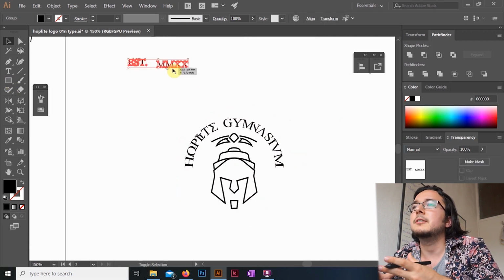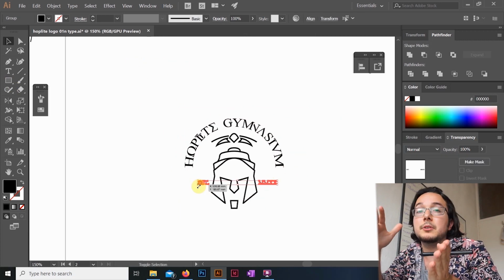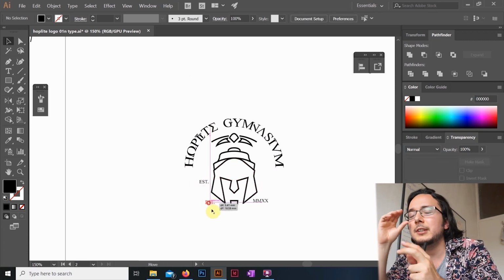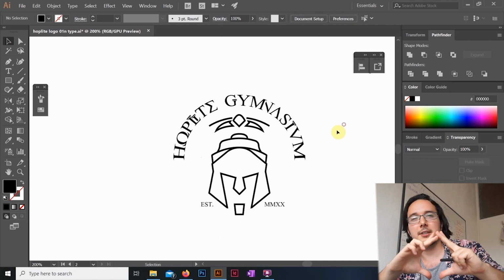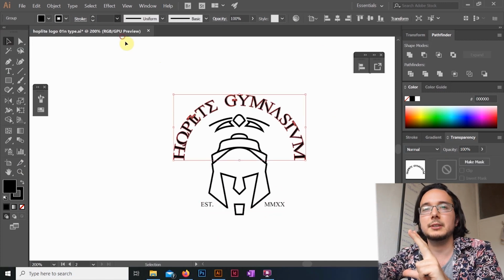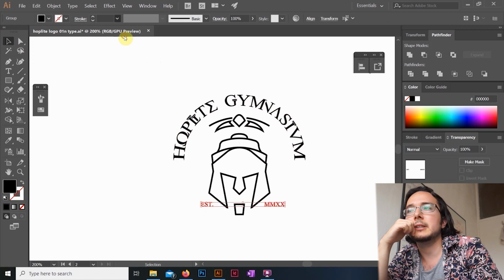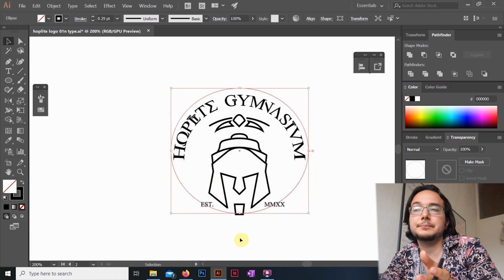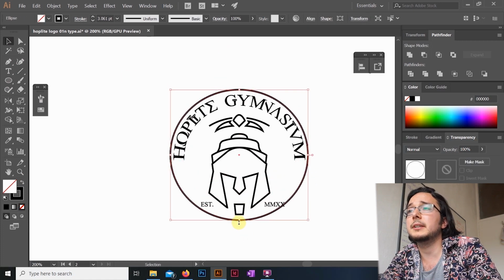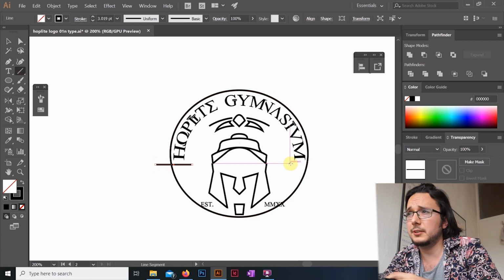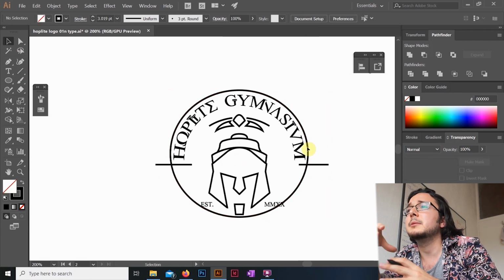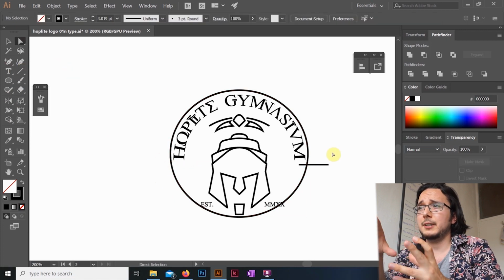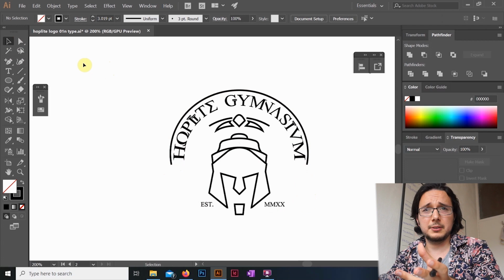A good way to test this: if your composition, and by composition I mean the shape work and the type work together, fits into a perfect shape like a circle or a triangle or a perfect square, then it probably will work. For example, I want to loosely fit my icon into a perfect circle. An even better trick is to make type part of the shape design, just like I did with this one. I put my type on top of the helmet instead of a figurative way of drawing out this feather-like headpiece feature that Greek helmets usually have.